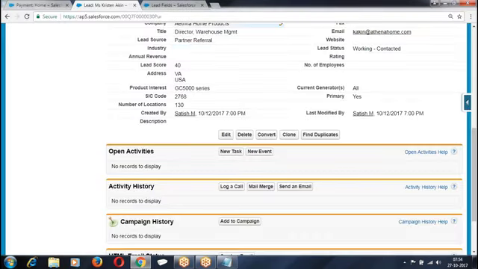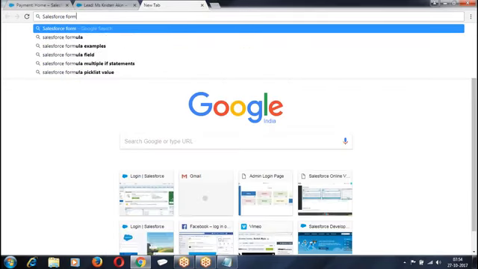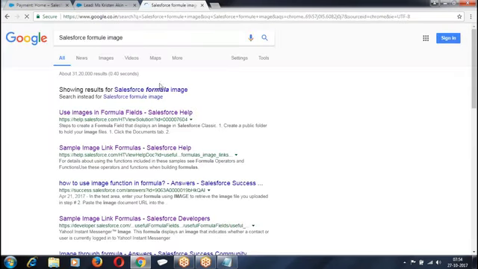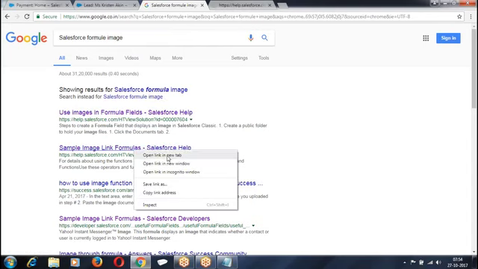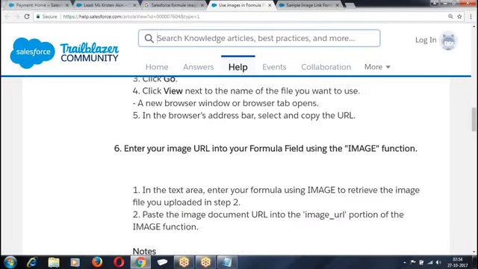Now Salesforce has already given you some sample images. Let me use Salesforce. I'm going to take some of the URLs that Salesforce has provided.